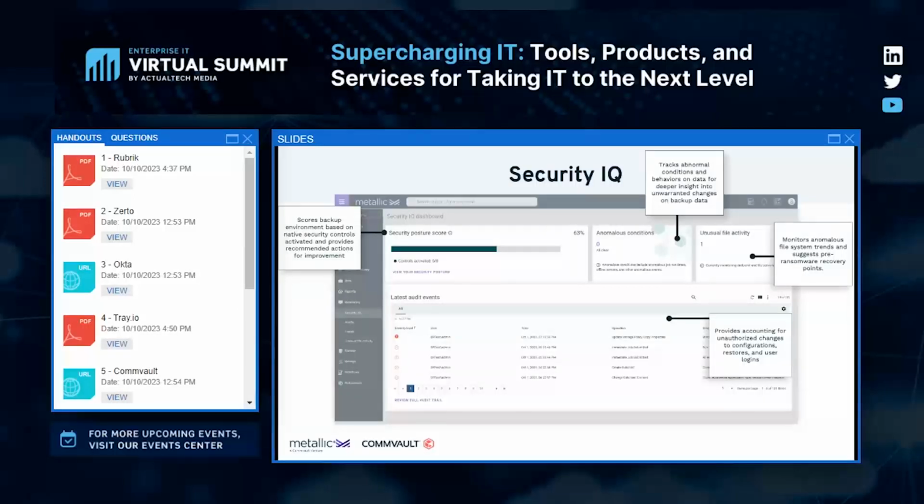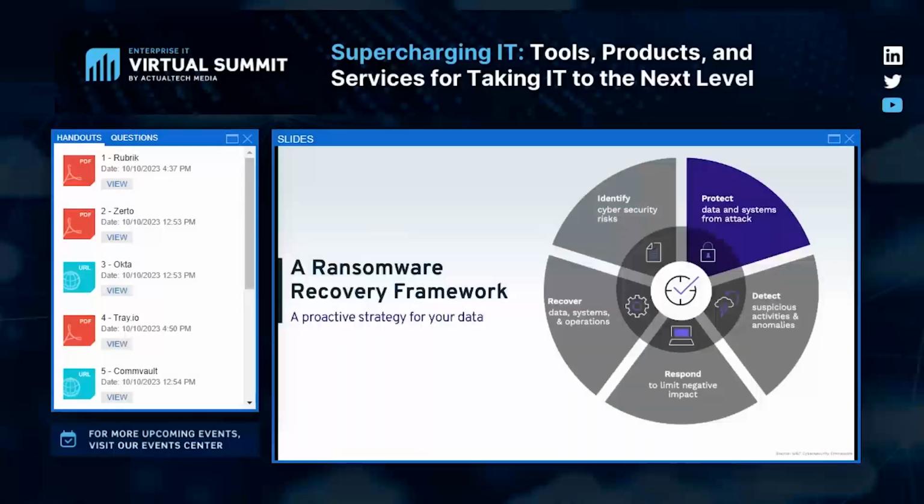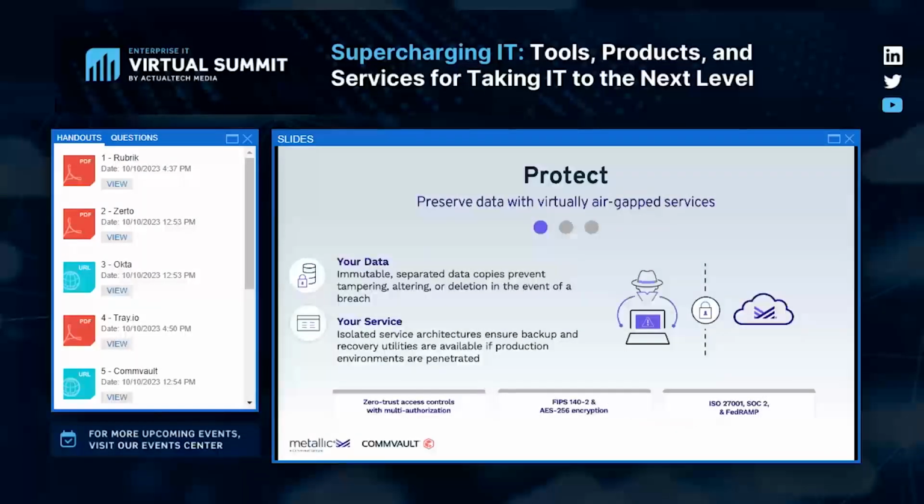That leads us to the next phase, which would be the protect phase. This is really where you need to ensure that your data and your systems are protected from attacks. When we think about protecting backup data, usually we're thinking about immutable storage and air gap for those data copies so that they can't be modified or tampered with. But similarly, too, we need to also isolate our backup service so that in the event that our production environment is affected, that backup service will still be separate, isolated, and able to perform recoveries without having been negatively impacted